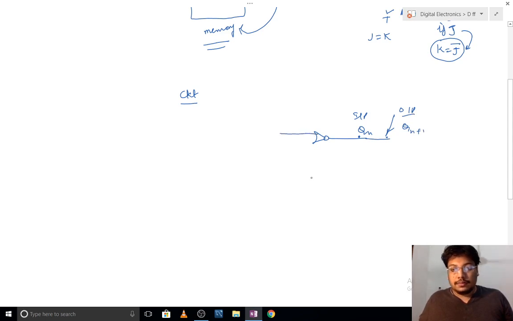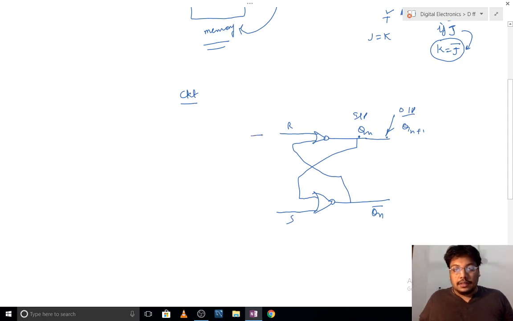So these are my NOR gates. This is Qn bar, just a complement of Qn. Then we will make it a latch by interjoining these. Now this is called an SR latch. Then what we have created is